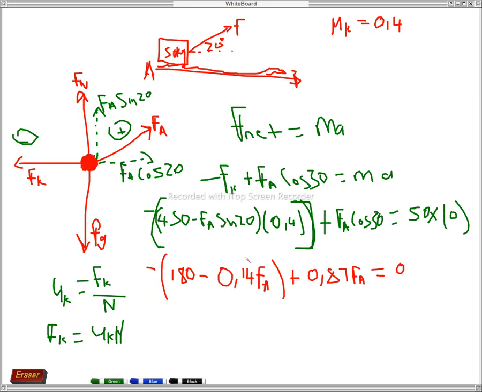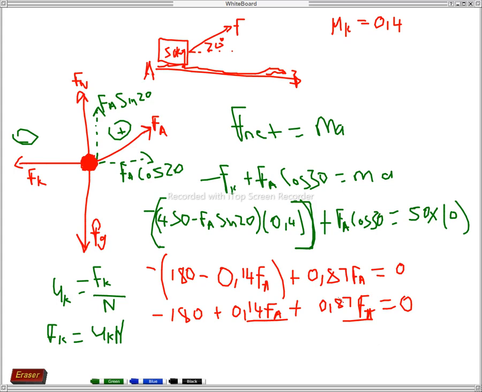And now, you can see that we have the force applied here, so we are just reaching our conclusion. It's 180 plus 0.4 FA plus 0.87, the force applied there, is equal to 0. Therefore you can add these two since they are like terms, and it's just going to be 0.14